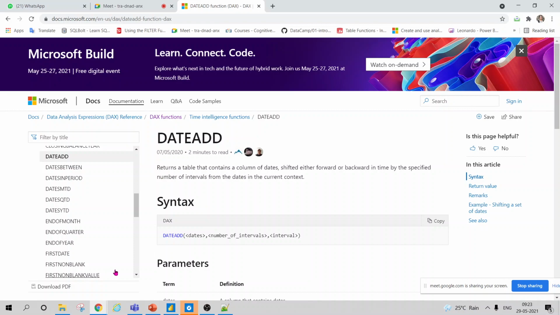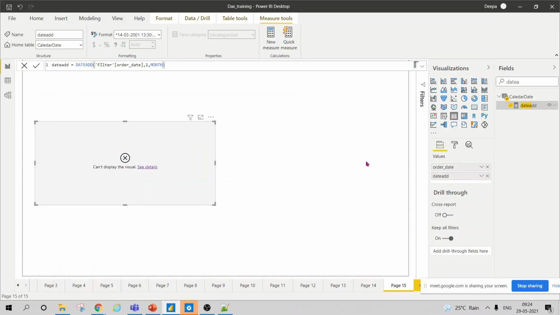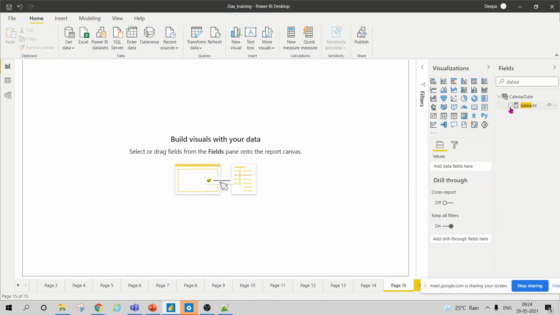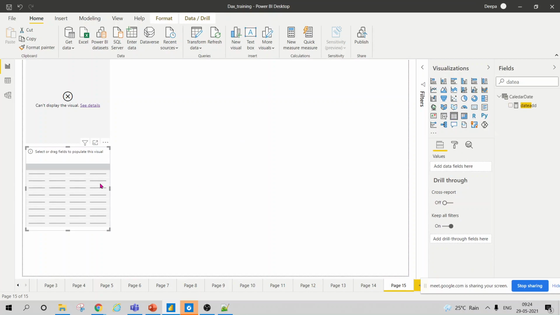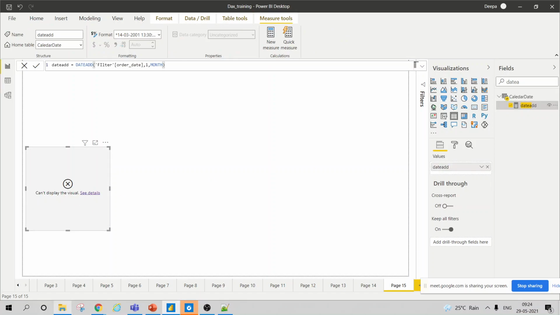So the DATEADD function takes dates, and then it returns a table that contains a column of dates shifted either forward or backward. Leave it. So it is again not returning anything, which seriously I'm not sure what is happening.